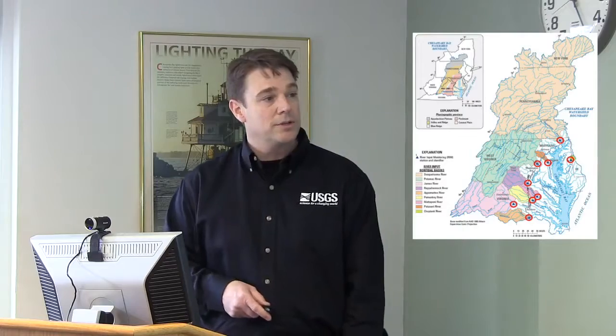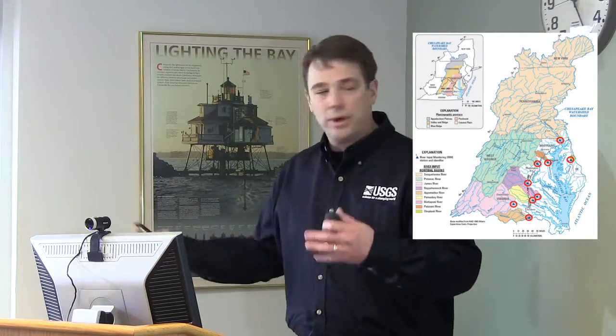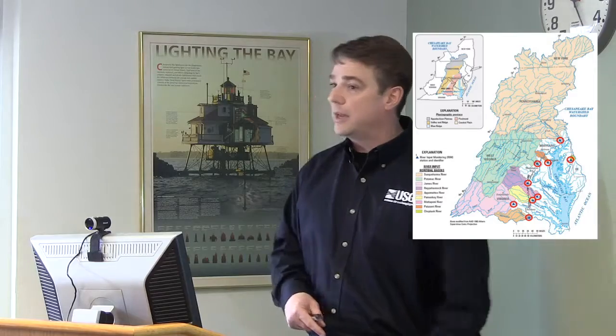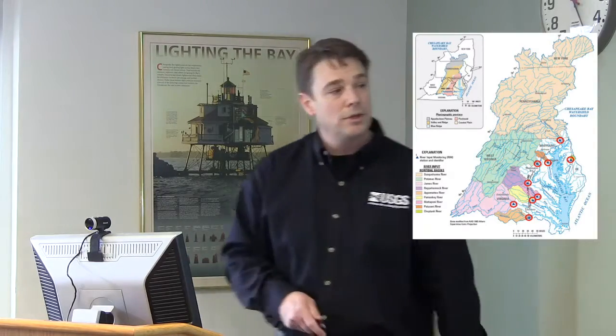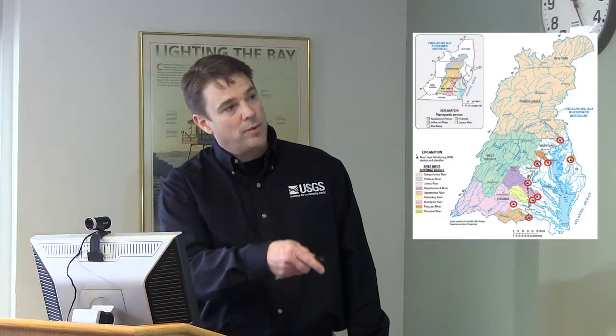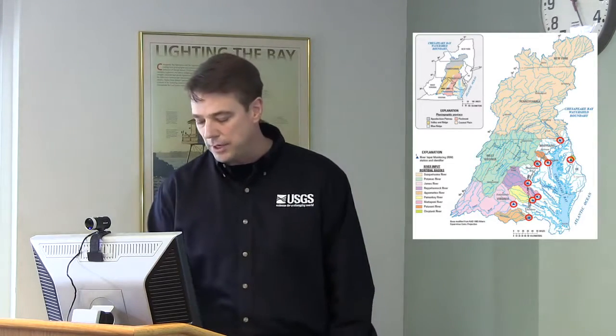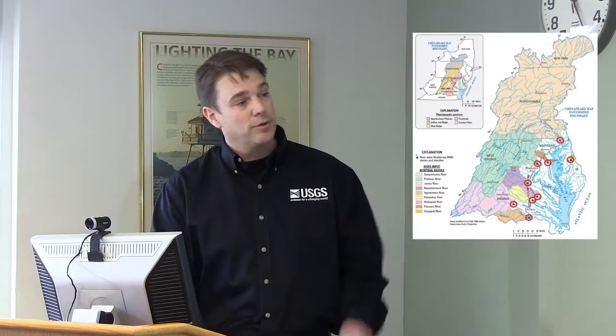Now, to answer this question, we turn to the loads that are derived from the 9 river input monitoring stations. The drainage area that these stations capture is about 78% of the entire Chesapeake Bay drainage area. And you see, based on the white areas below these stations, there is still that 20-some% of the basin that's not captured, and then there are some point sources and all that really contribute to the downstream load. So what we're describing is what this portion is contributing to the downstream receiving waters of the bay.